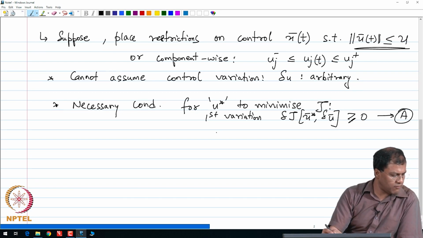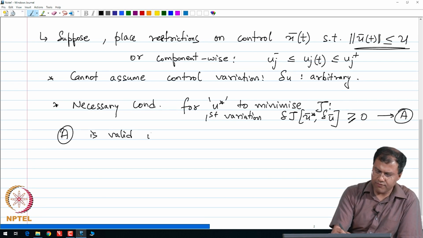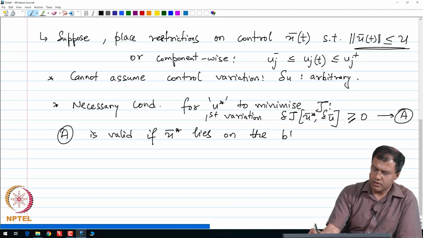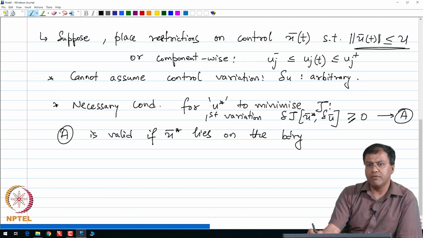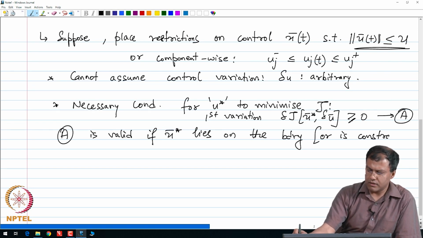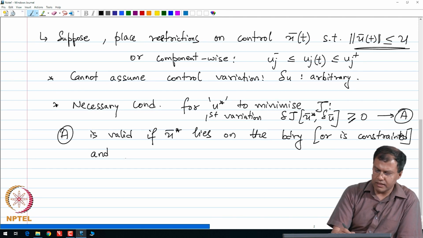Okay. So, what I have said is the following. A is valid if my optimal control u star lies on the boundary. So, we have to check the boundary values along with the interior values. So, it lies on the boundary or is constrained, right, and in this case, it satisfies A star,